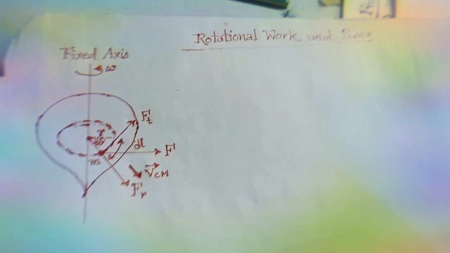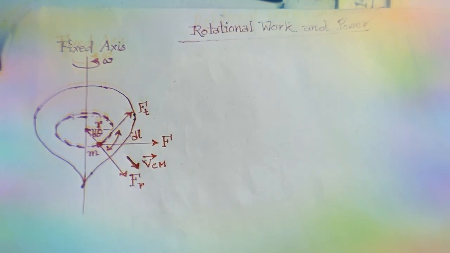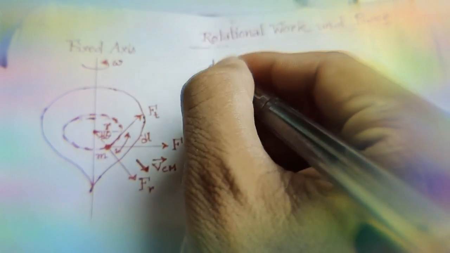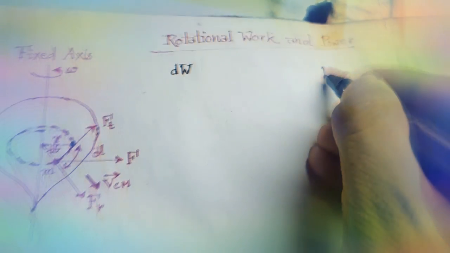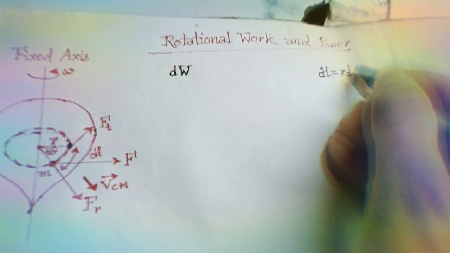So our rotational work will be done by only this tangential component, not the radial component. So our rotational work done will be dW. Now let this small mass travel through a small angle d theta. So the covered arc will be dl equal to r d theta, because r is the radius of this circular segment and d theta is the angle